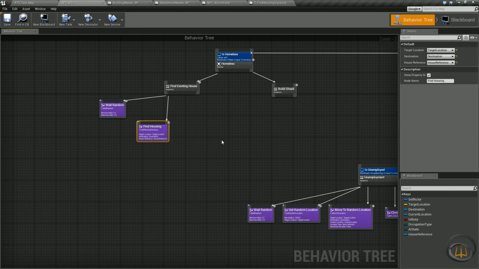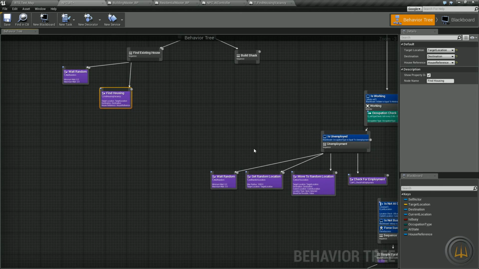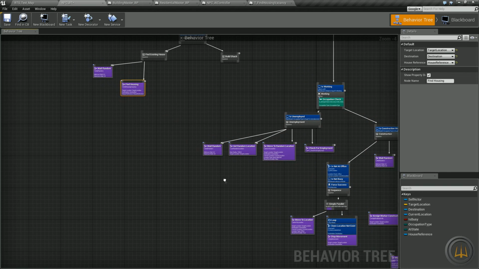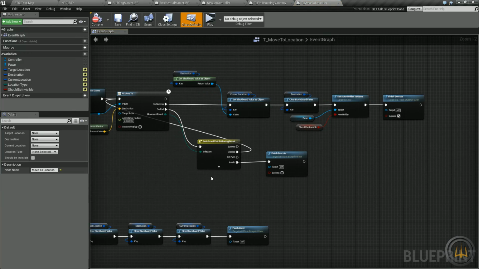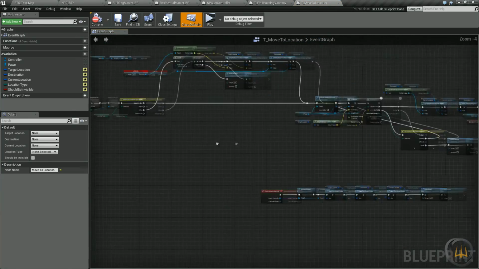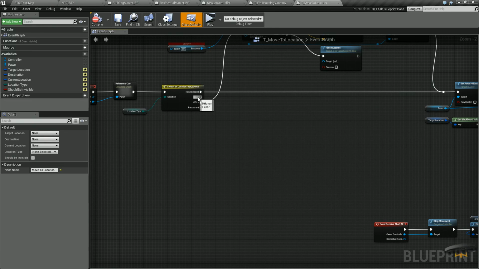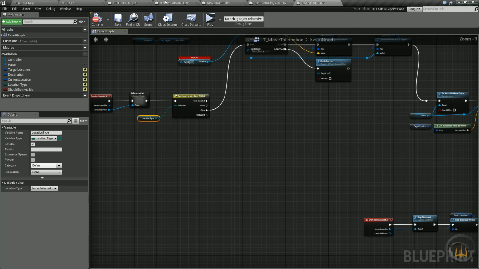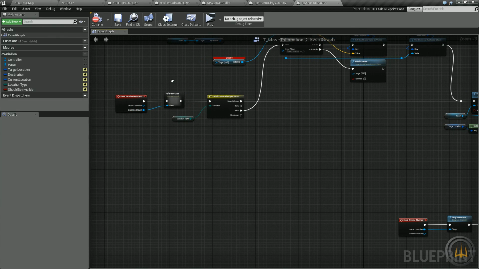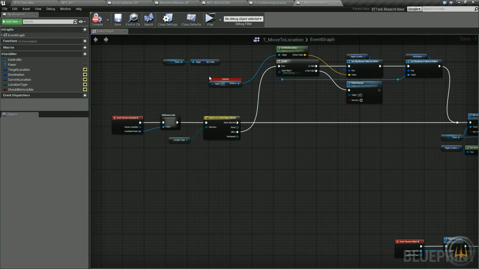In the next episode, we're going to finish this off right in here, and probably get started in here. Pretty much all we need to do right here. If we had a few more minutes, we could easily do it. We're just going to be moving to location, but remember, we're going to have to set this up, because the way we set this up to be universal is we've got this right here. So we're going to have to create the pin here for home when we move to home, so that way when we select or change on the outside what it is right there,